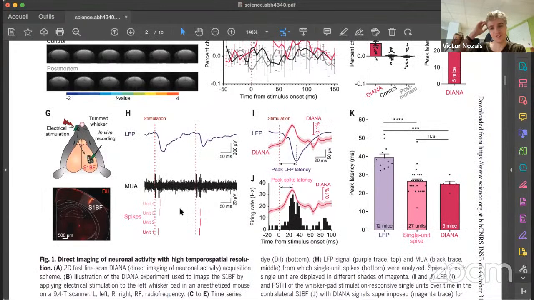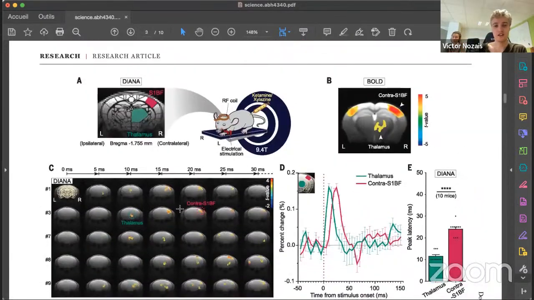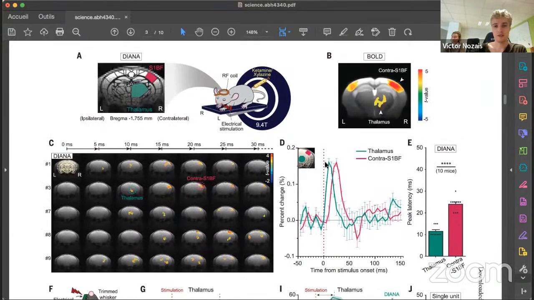But then, in terms of application, for me, it would be really interesting to look at not only what they showed here, the time difference between activation in the thalamus and in the cortex, which is nice, and things that you cannot really see with the BOLD signal because it's too closely related, but more inside of the same region of the brain. If you have enough spatial resolution, can you see activation coming somewhere, and then maybe in the same area,